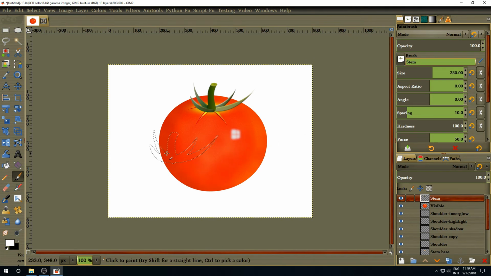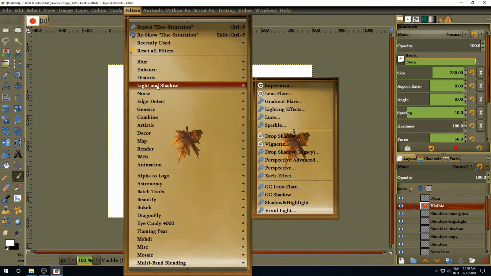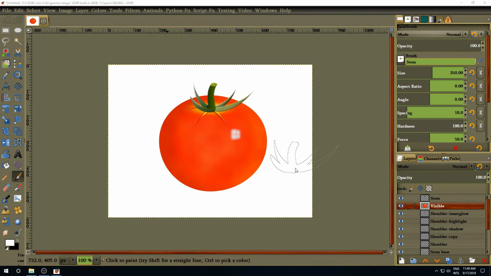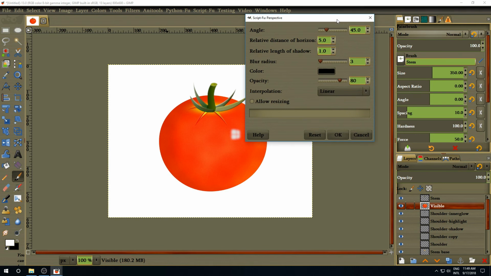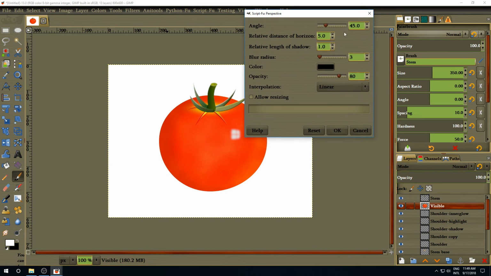Now we want to create the shadow so we can make it more 3D than it looks right now. It looks a little bit 3D, but we want to create a better effect on it. So what we're going to do is select the visible layer. Okay, and then we're going to filters, light and shadow, and select perspective. It's another filter that a lot of people don't use commonly, but the more you use it, the more you're going to learn to make shadows and to see where the lights come from and where the shadow ends up. And here we're going to make the angle first 120,